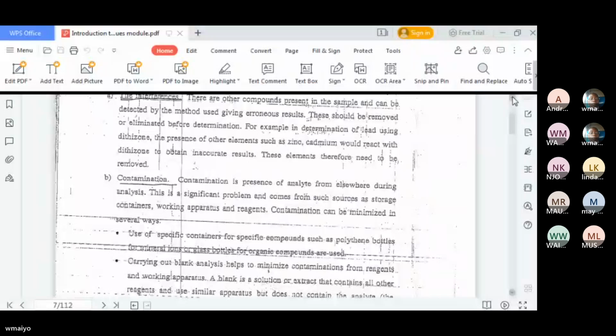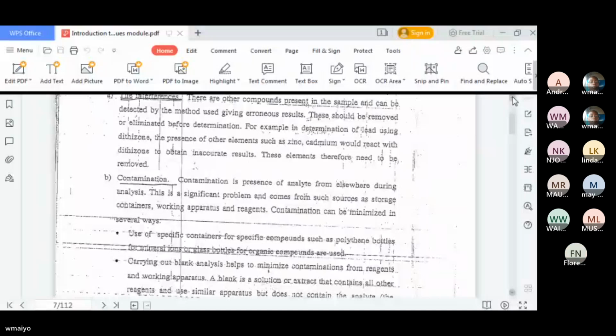So, use of specific containers for specific compounds. There are some containers that can produce the analyte, or they can react with your analyte. Like we are told that for mineral ions, use polythene bottles, and then use glass bottles for organic compounds. You can use glass bottles for mineral ions, right? All right, and then